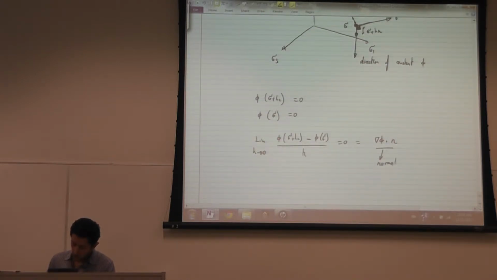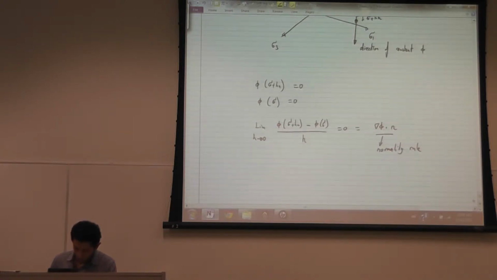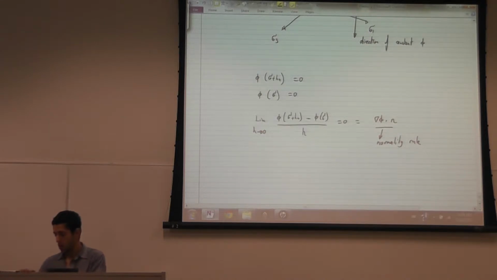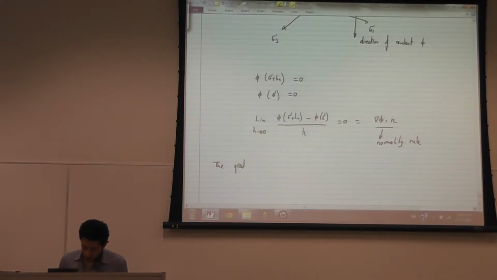And this is the normality rule. Gradient of phi is perpendicular